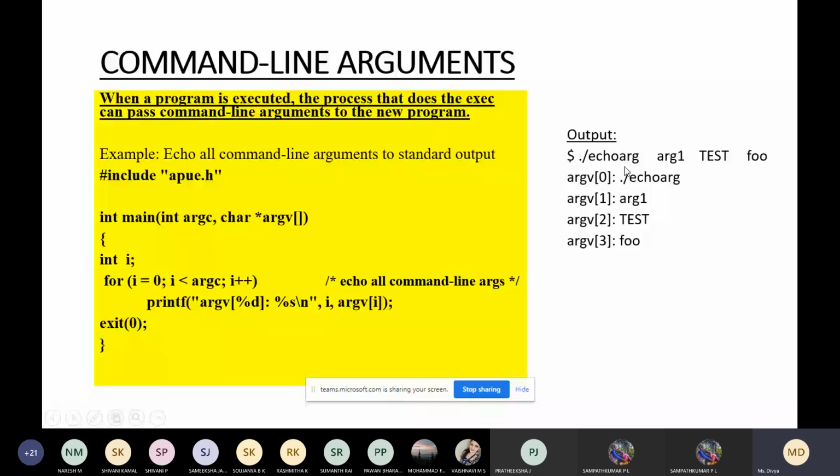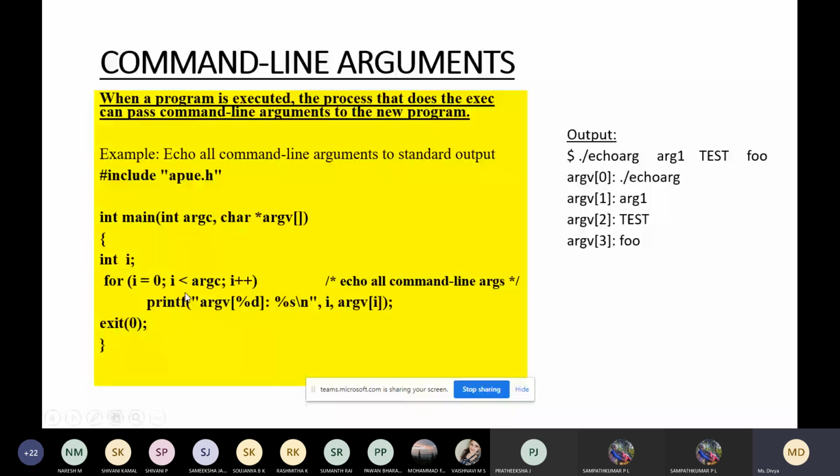So altogether, what will the count become? argv[0] will have the program name, argv[1] will have the first argument, the next will have the second argument, and this will have the third argument. All of this will be displayed by using this for loop. A very simple program. I will start with 0 and check whether it is less than 3.